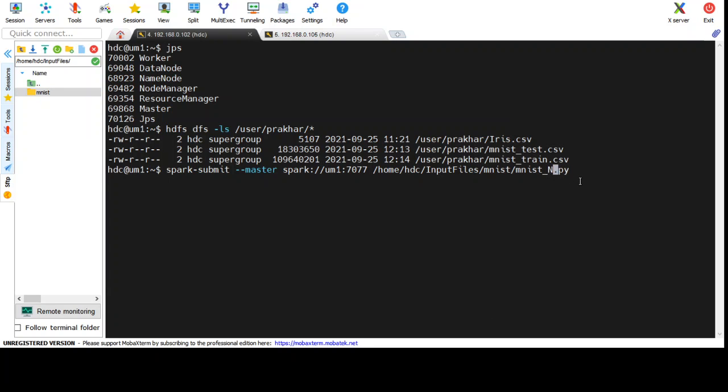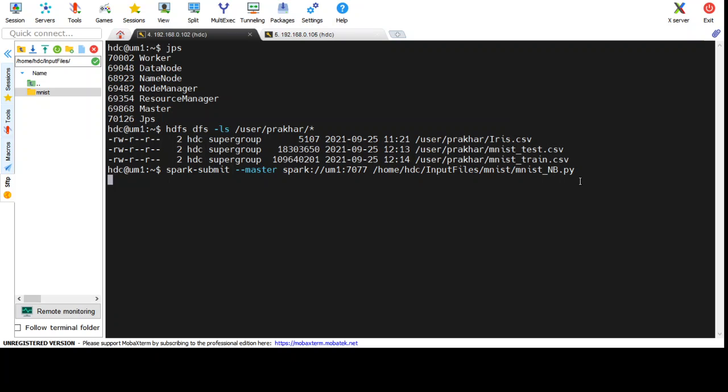Okay, so for this NB, let me run it here so that I can show you this process is running on the master node in the Web UI. So for the assignment purpose, let me run this NB here also.